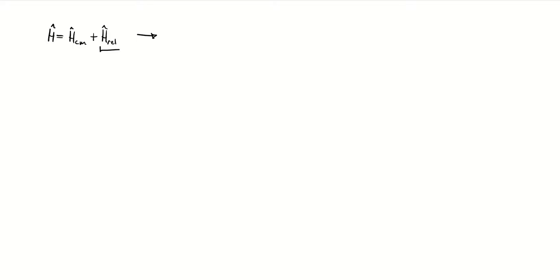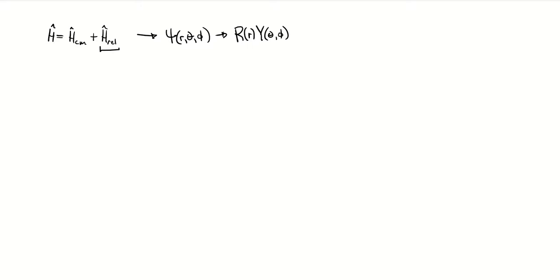We really are interested for the moment with this relative Hamiltonian and trying to determine what the energy eigenfunctions for that are. And we saw that the potential of the hydrogen atom is spherically symmetric, so we want to use the spherical coordinate system, and this wave function is going to be separable into a radial part and an angular part that depends on theta and phi. Today, we're going to continue proceeding with this separation of variables method.